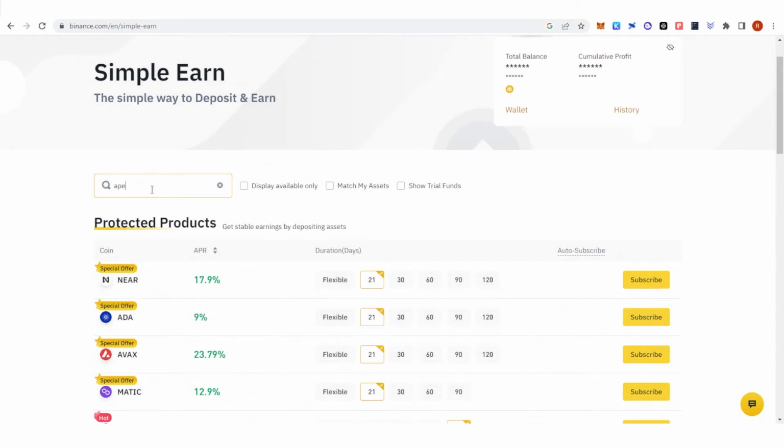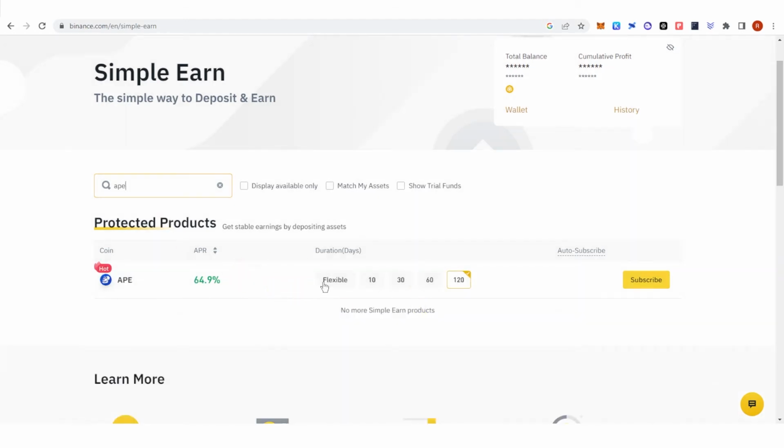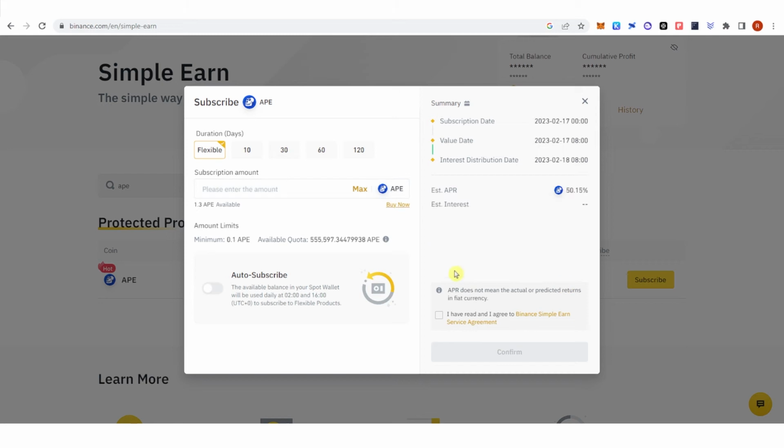down Ape, and you can choose flexible staking, or you can lock your token for 10 days, 30 days, 60 days, or even 120 days. But for this video, we're going to choose flexible staking, and you can also see here the APR. Then click Subscribe, and now you can type the amount of APE you want to stake, but make sure